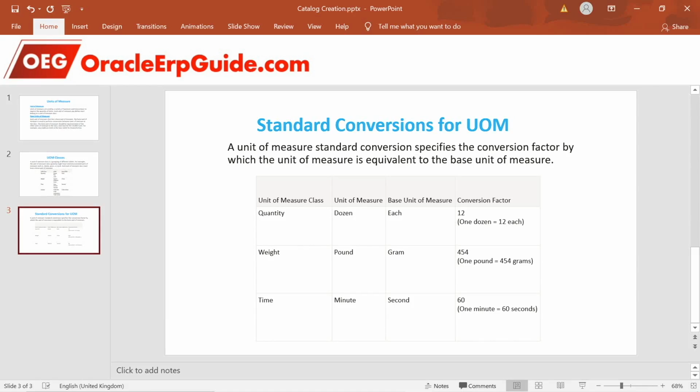So we know 12 each item is called a dozen. So how do we do this in the system? Because we know this orally, but we have to tell system how this should be defined so that system understands. And whenever you create any transaction for a dozen, it should consider as 12 items. And whenever you do a receipt or any transaction, it should match to the quantity converted.